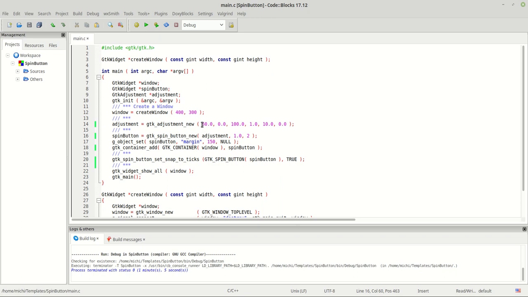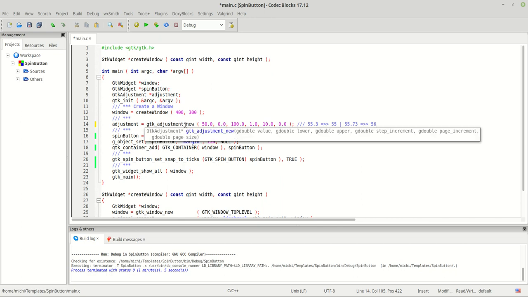So this means now we have 50 here, which means, like I said, if you type 55.3, it will be rounded to 55. But if you type 55.73, for example, then the value here will be rounded to 56, because 0.73 is near 6 and 0.3 is near 5. Okay, I hope you understand. Now we can move on to our next